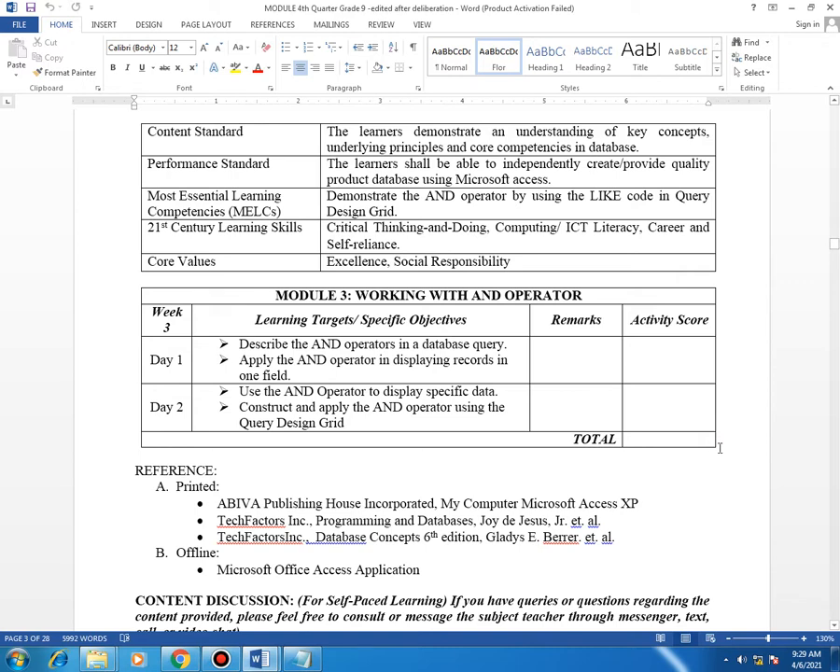So in our previous discussion video, we have discovered the difference between AND and OR operator. So this week, we're going to describe the AND operator in the database query. We're going to use the AND operator again, but in a different scenario or in a different code. So apply the AND operator in displaying records in one field only. Use the AND operator to display specific data, and of course construct and apply the AND operator using the query